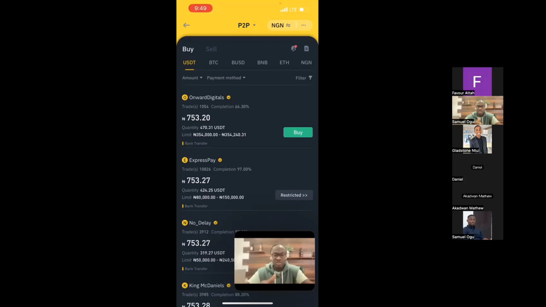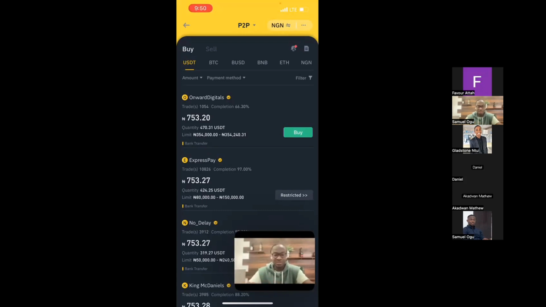The other way is selling. The person selling is transferring, sorry, the buyer is transferring fiat currency, which is Naira, to you, and you are transferring crypto. Now, when we do Binance peer to peer, there is a body, which is Binance, that is responsible for this